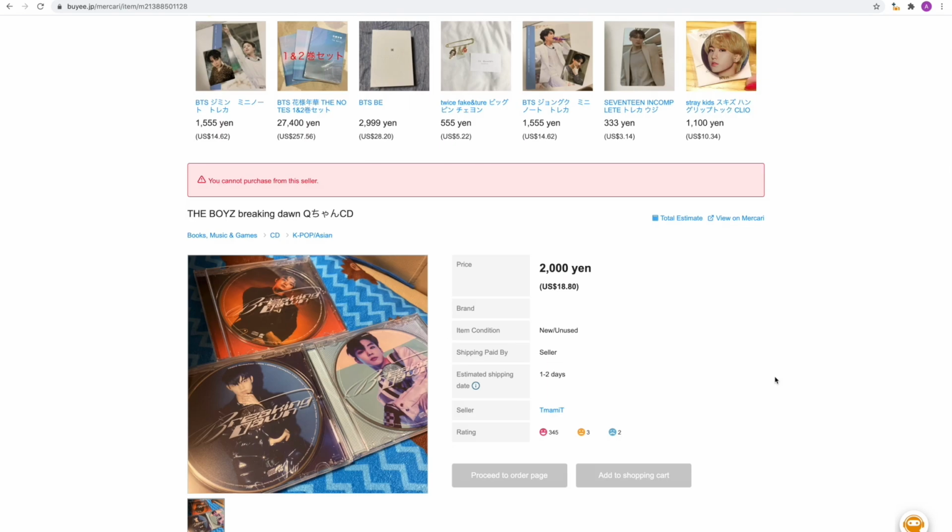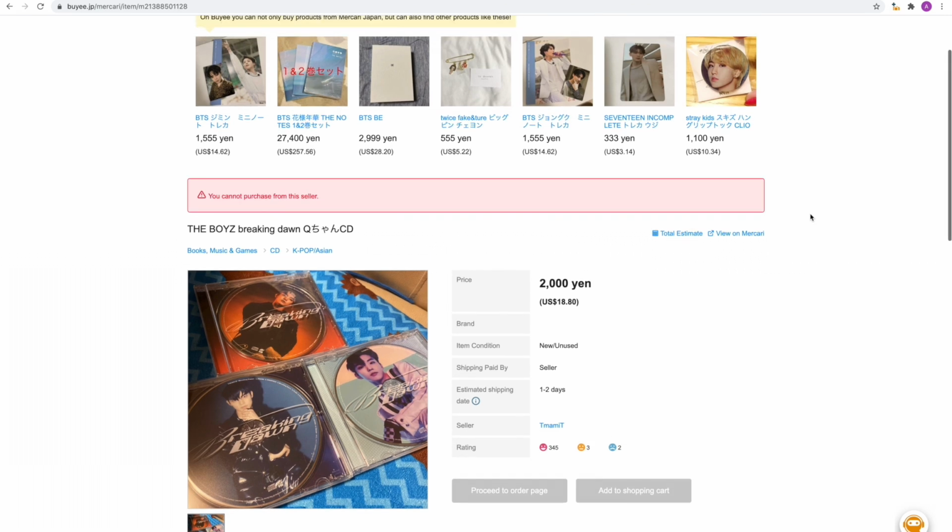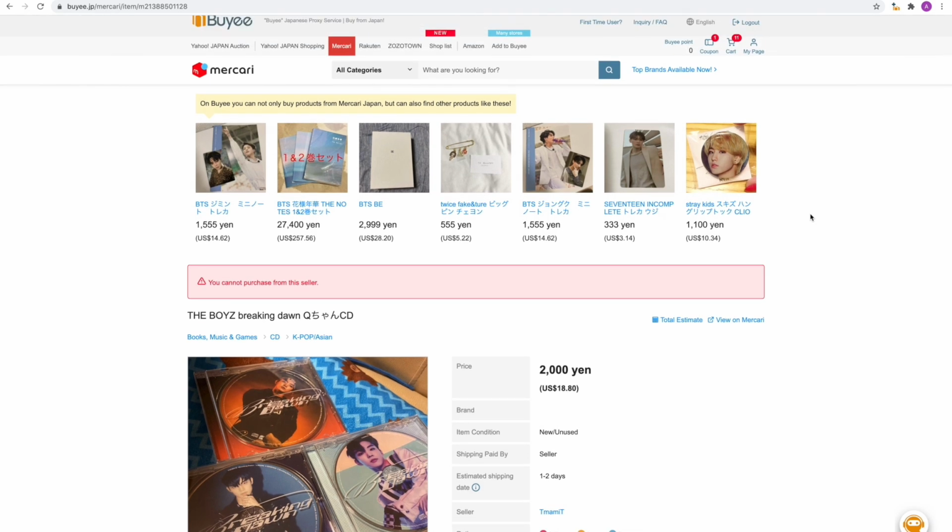Okay, so sorry for the awkward cut, but I had to actually stop filming for a few hours because it got a little too loud at my house and I needed to speak to my friends about this whole situation with the Boys Breaking Dawn album. But while I was figuring everything out and waiting for it to get a little bit quieter, I actually found the photo cards on Buyee for a pretty good price. It's a little bit more expensive than the price that you would buy it from US sellers, I think, but it's a lot cheaper than buying the album. Well, since the album doesn't have photo cards anyways,